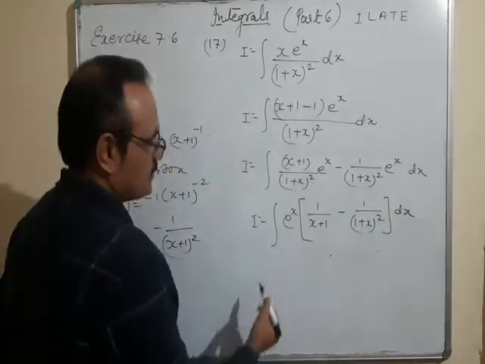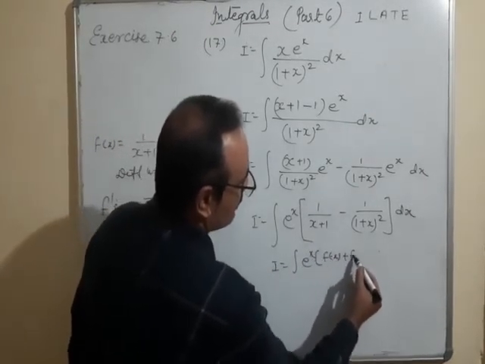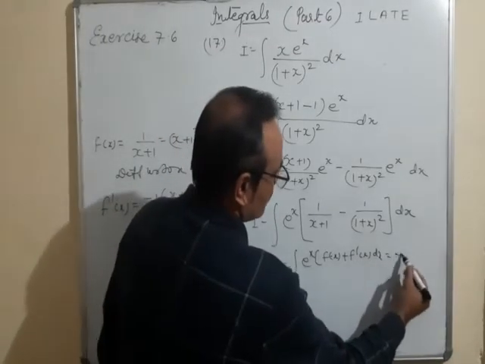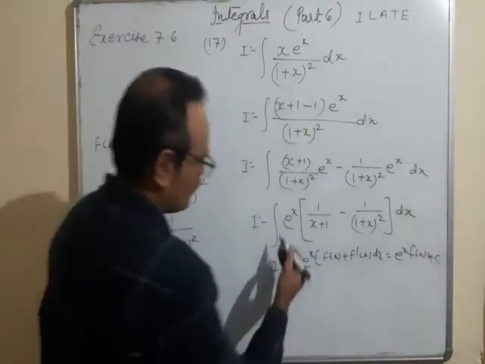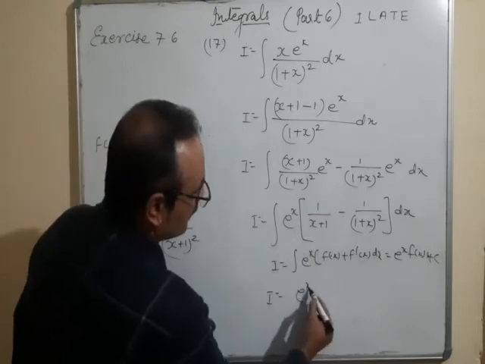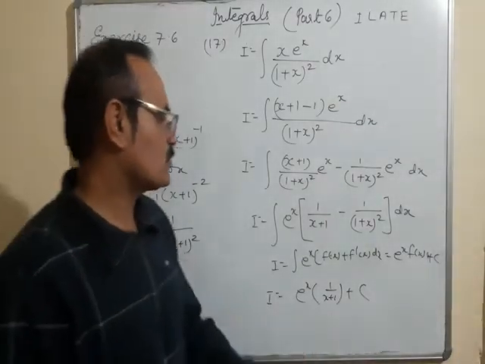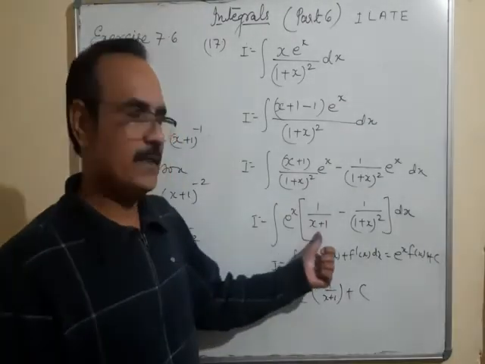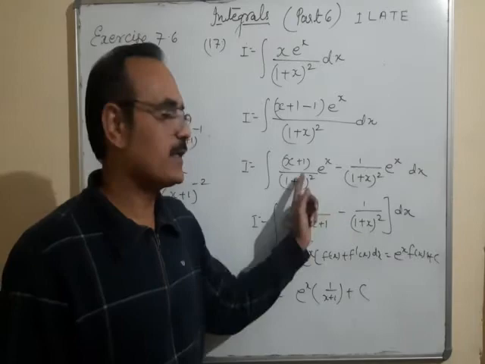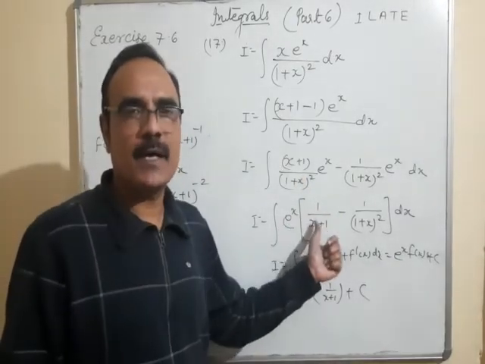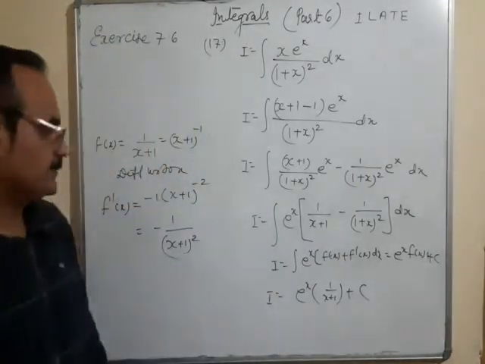So you know this rule: integral of e to the power x (f of x plus f dash x) dx is equal to e to the power x f of x plus c. So what to write here in place of that? e to the power x times 1 upon x plus 1 plus c is the result. If you want to solve it by another method, there is also no problem. Write e to the power x, first multiply it by that term. Using integration by parts here, the second term will be cancelled and this is the answer. In the first and second line there would be the answer.